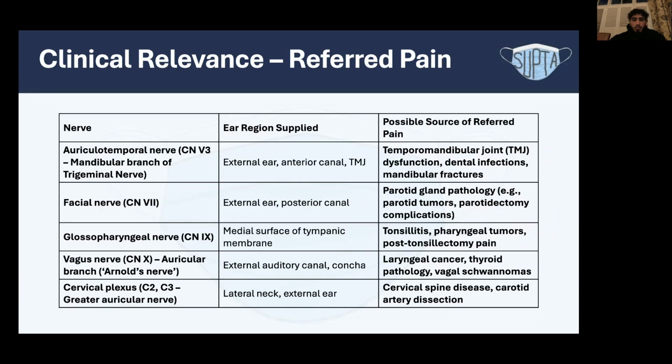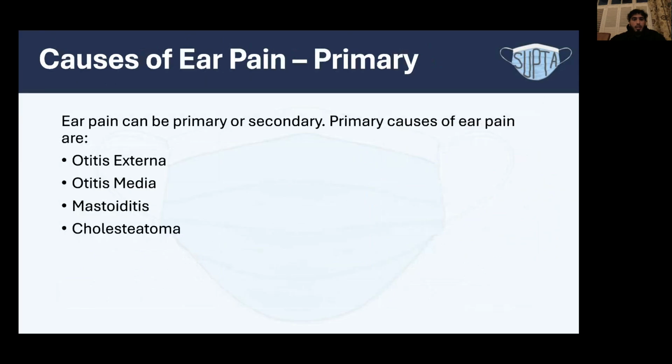Okay, so let's go to some of the causes for ear pain. We have primary and secondary causes. Primary causes basically